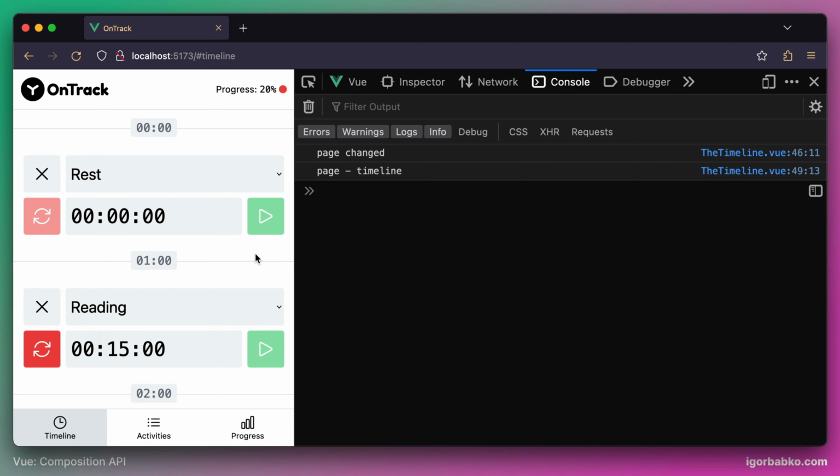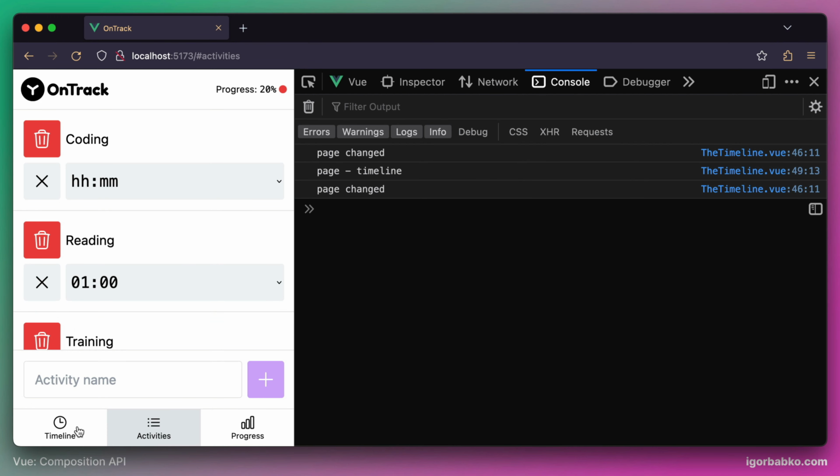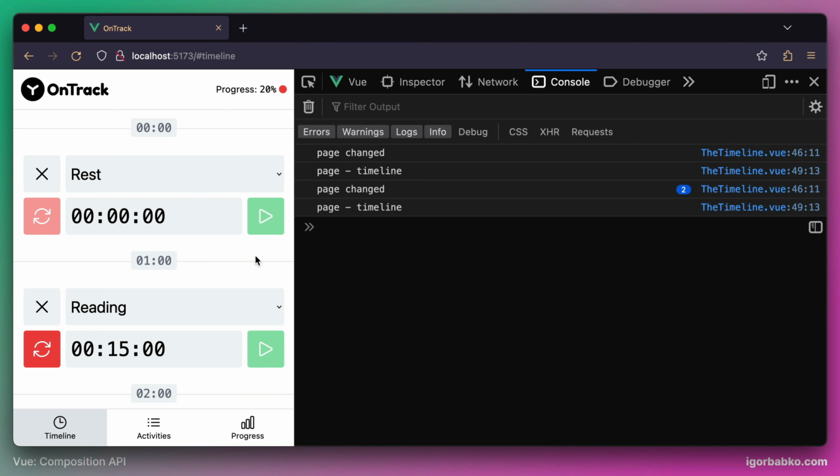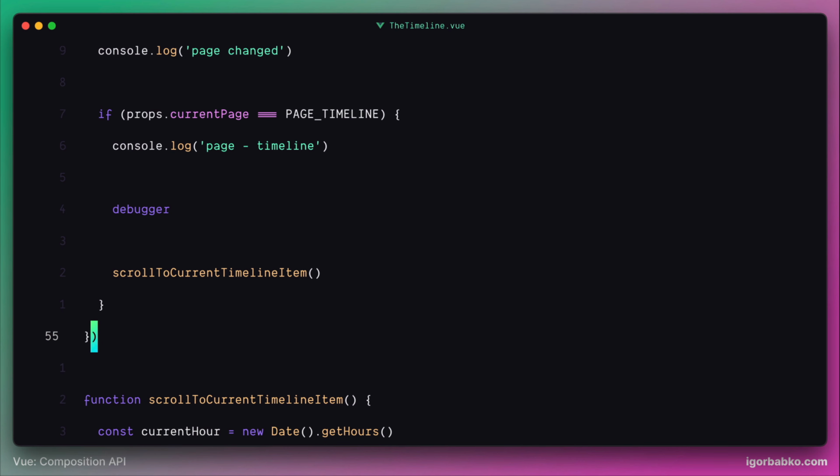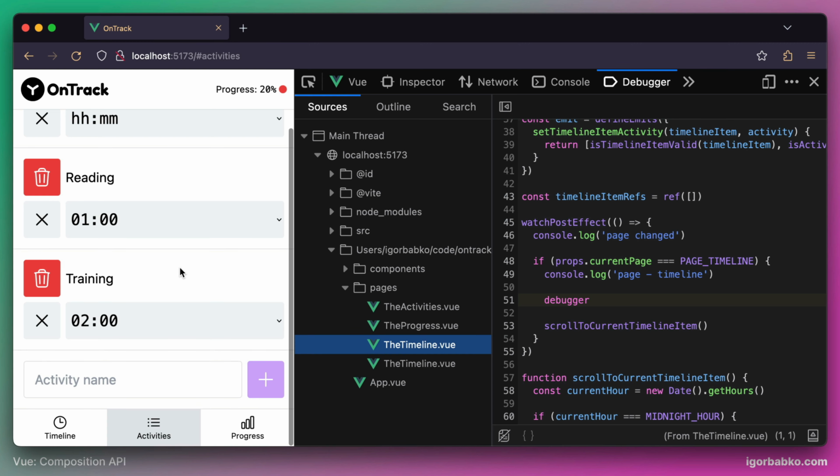But even now it does not work as expected, and when I try to navigate to the timeline page from another page, I see that the scrolling doesn't work and the current timeline item is not in the viewport. So let's go back to the editor and debug it a little bit. In here I'm gonna place a debugger statement, and let's see what is going to happen when I try to navigate